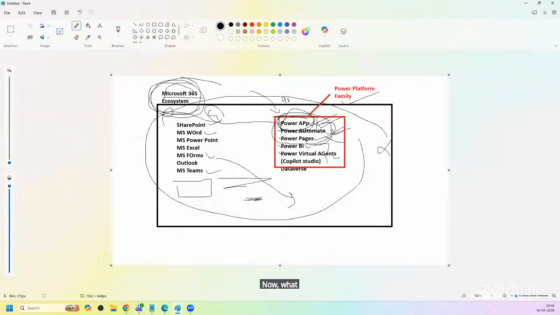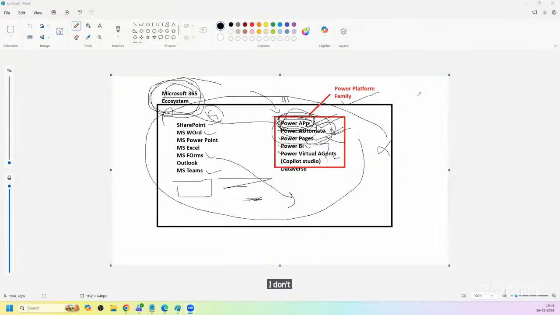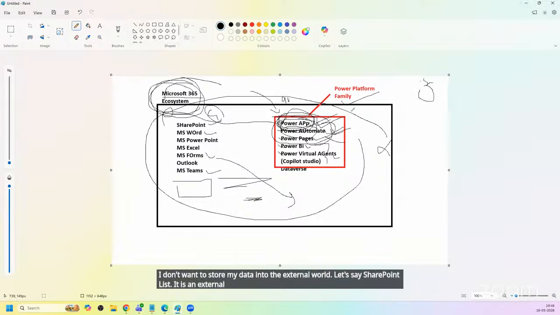Now, what happens? Let's say, for example, I want to create a Power App or a Power Automate flow, and I don't want to store my data in the external world, let's say a SharePoint list. It is an external world to this family. Look, SharePoint is not part of this family, right? So if you are storing your data in SharePoint, that means you are sending your data outside this family,